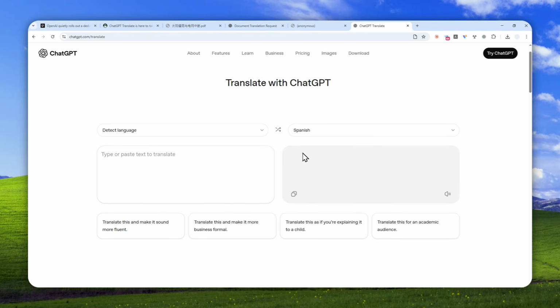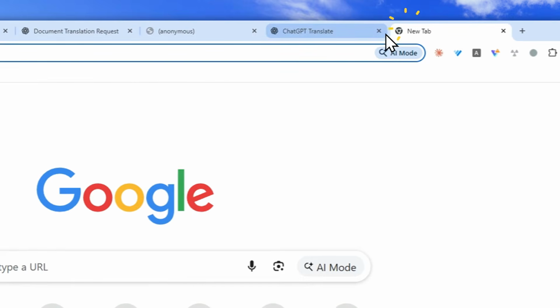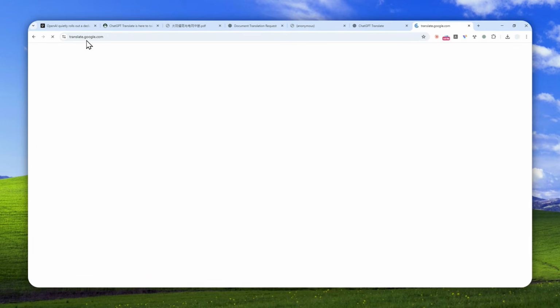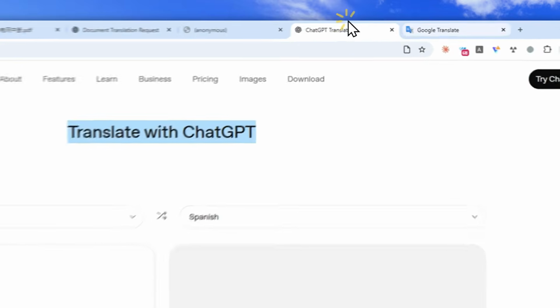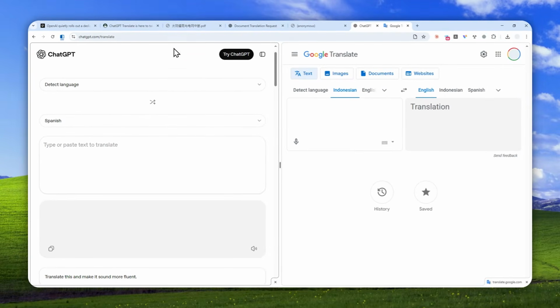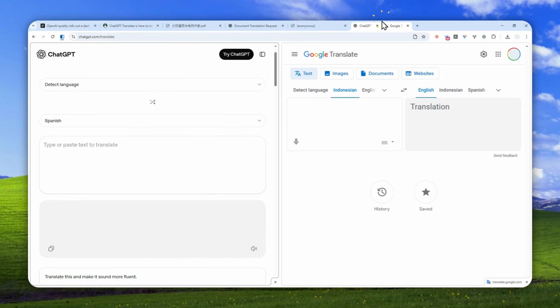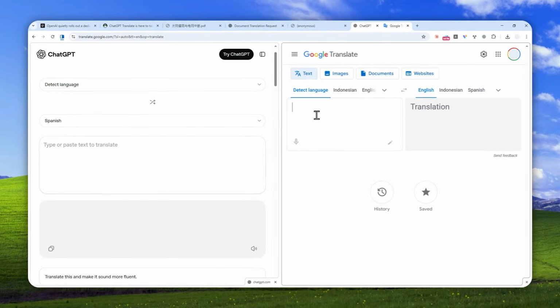Now, let's do some tests. Let's compare ChatGPT Translate with Google Translate, because recently Google Translate is also utilizing AI to translate the content. So this is actually a recent upgrade, and I think OpenAI wants to compete against this new innovation from Google. So let me just put these two tabs together so we can compare it side by side. And I guess I'm going to be using the same document again. I'll just copy everything, and then let's try using Google Translate first, so you have a reference of how ChatGPT compares. So let me just paste the content and do not blink, let's count 1 to 3, and